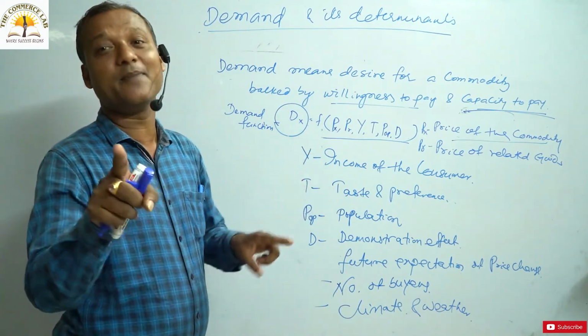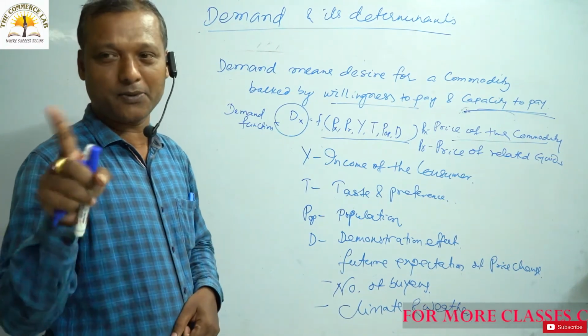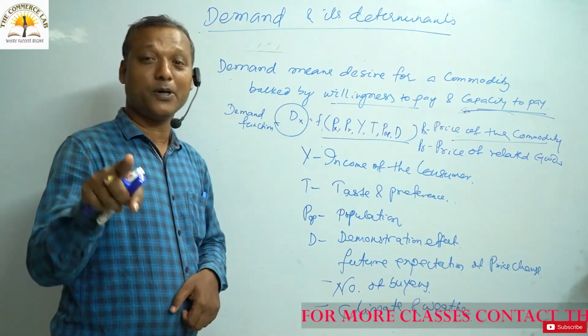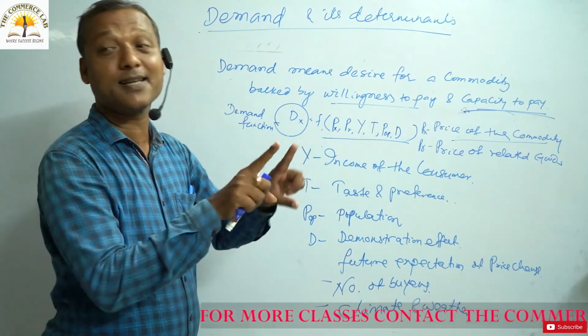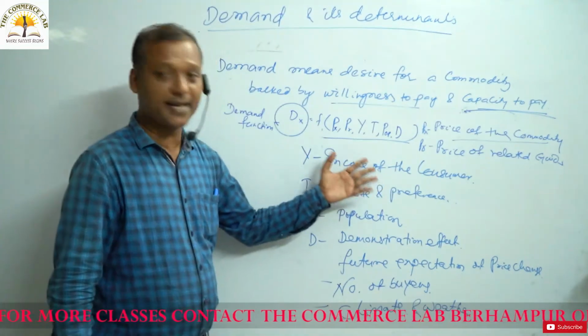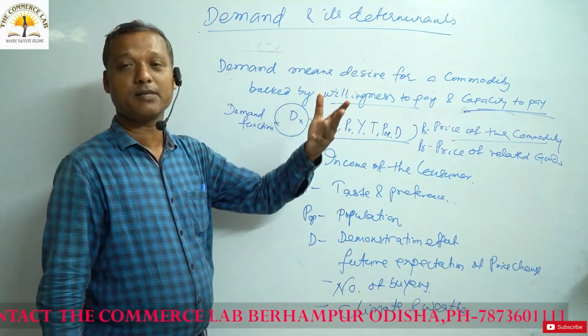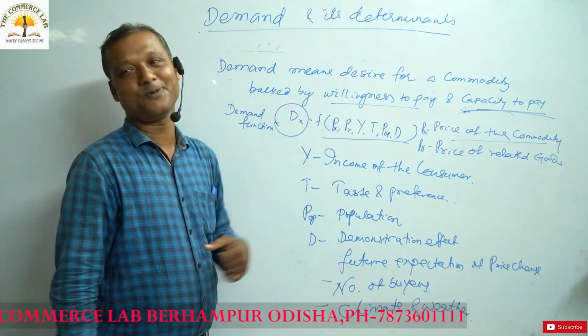So the relation is inverse and negative. That is important for you to understand. I know you understand what is substitute, what is complementary, but for you it is also important to understand what is the relation there. We have also studied about income of the consumer. It's a very straight example, very straight condition. When income will rise, your demand will also rise. When income will fall, demand will also fall.